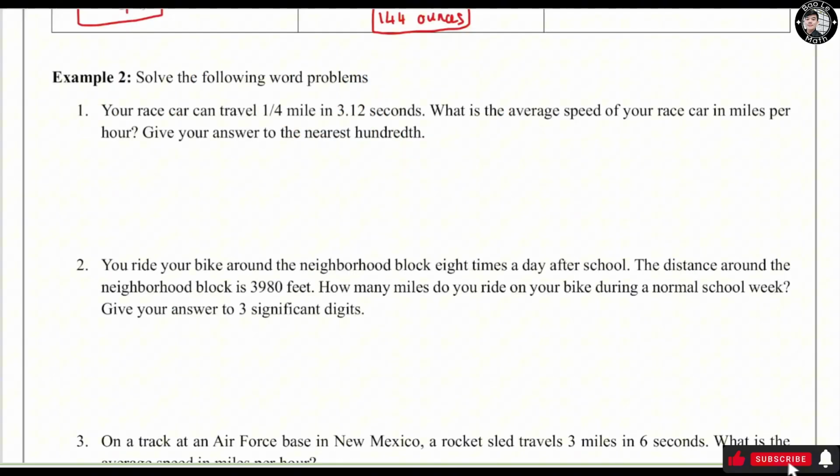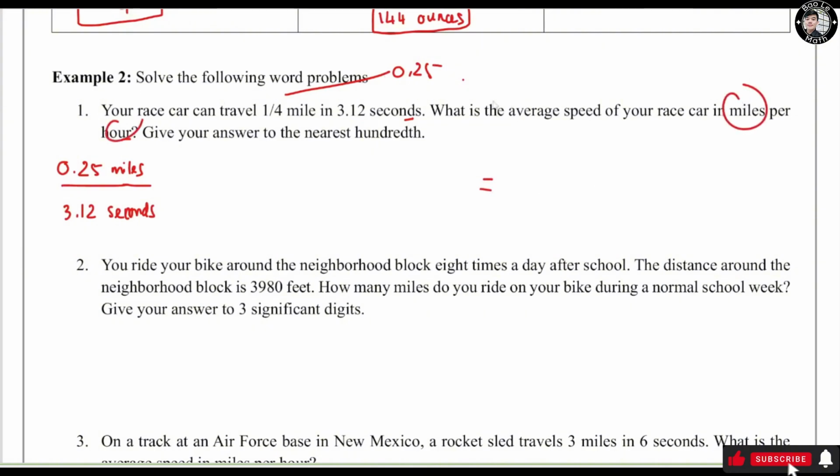Now let's move on to example number 2. Solve the following word problems. Your race car can travel 14 miles in 3.12 seconds. What is the average speed of your race car in miles per hour? Right? So we have 14, which means 0.25, right? So we have 0.25 miles over 3.12 seconds. Now your goal is